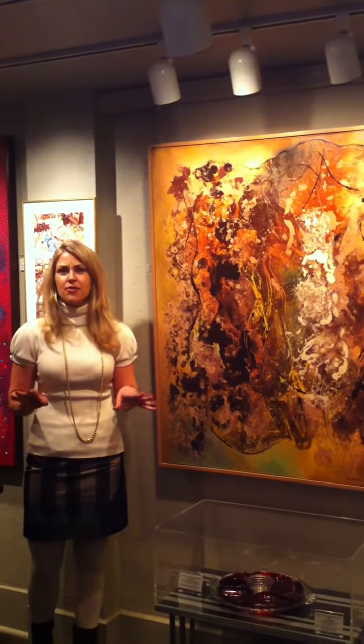So the great part of the story is that people think this is an abstract painting, but he said, this is exactly what it looked like. This is not an abstract painting, it is a realist painting. So Vance had this wonderful sense of humor. So don't be fooled when you come to visit, and you will have the story behind this. And besides seeing amazing works of art from Mr. Kirkland,